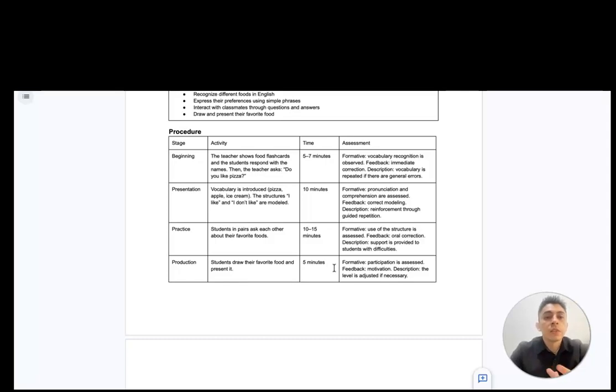For example, if several students have difficulty with some word specifically, I will reinforce it using more images or focus on that one more. And if they struggle to speak, for example, I will include more pair activities so they can practice better. When kids are playing, they're having fun, they see it more like a game, they will get the information better. In this way, the evaluation plan not only allows monitoring students' progress, but also adjusting teaching to improve learning. And it's very important to know that each class will be different.